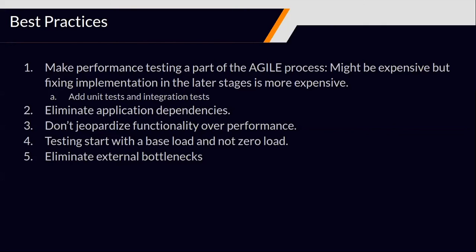Coming to the best practices, as Guru mentioned, we should make it part of the agile process, and in every release we should do performance testing for all of the features that we are releasing. And let's suppose we are dealing with microservices, so we should take a module, do performance testing over it, and then move on to the different modules, so that latency because of another module doesn't creep in when we're doing performance testing for another module. So that is one thing.